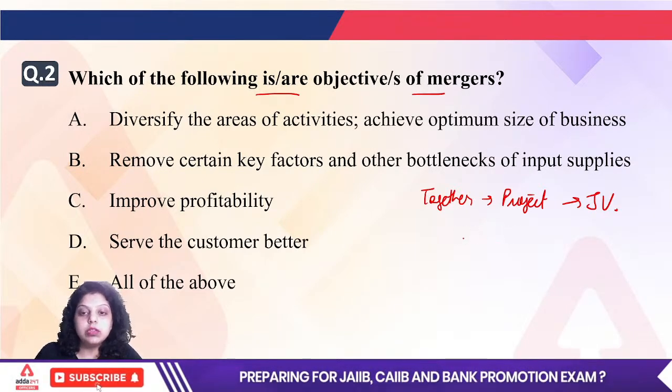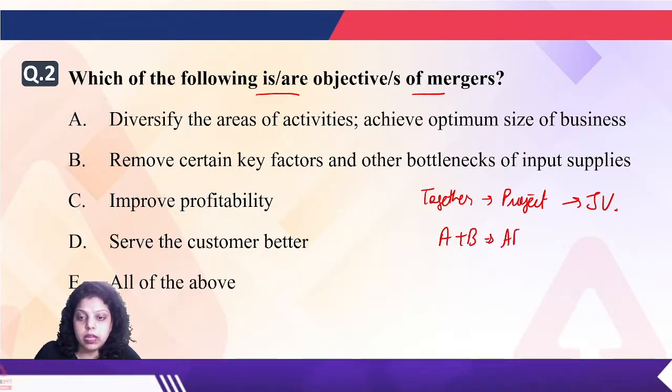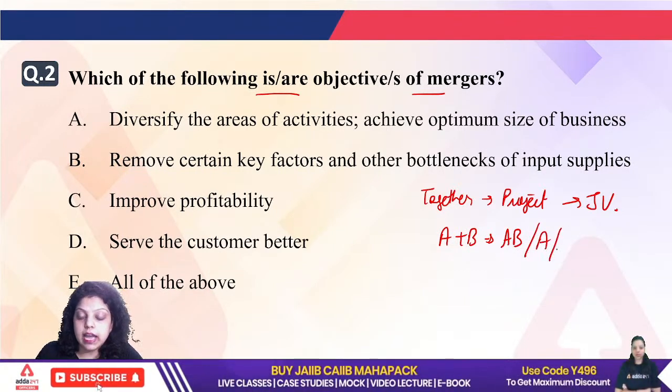Now when it comes to the merger, two companies merge with each other and become one entity by combining both names. AB will be the name of the company in the case of merger, and it can also be A or it can be B in case of merger. Okay,